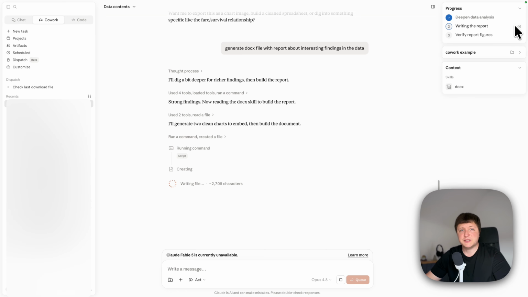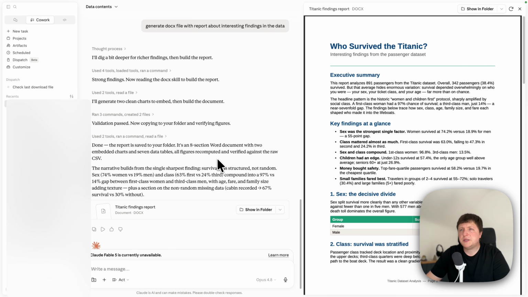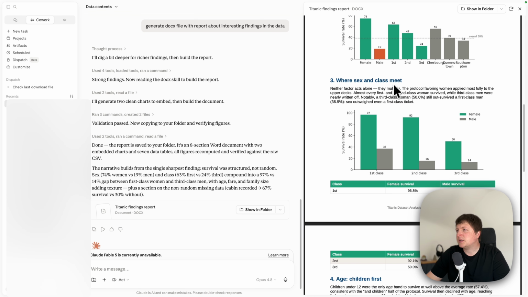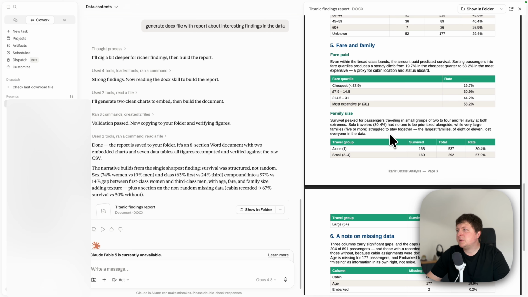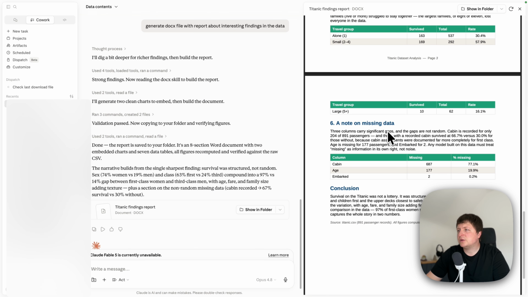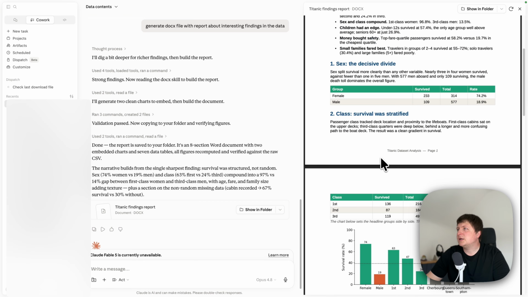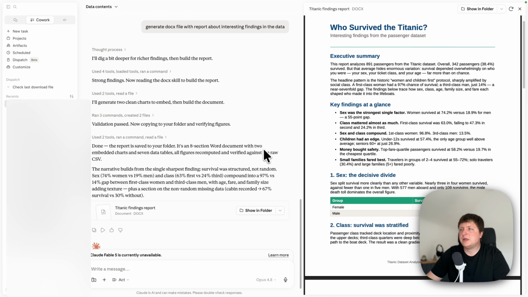If you want some additional to-do, you can write it here or just in chat in natural language, and Claude will adjust the to-do list. The report is ready, and Claude Cowork opened it here for me to see. I can check different charts, different tables. So it's basically a quite solid report with sources, conclusion, and you see that this was done in literally 3 prompts